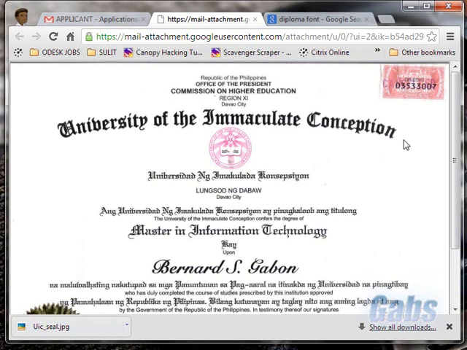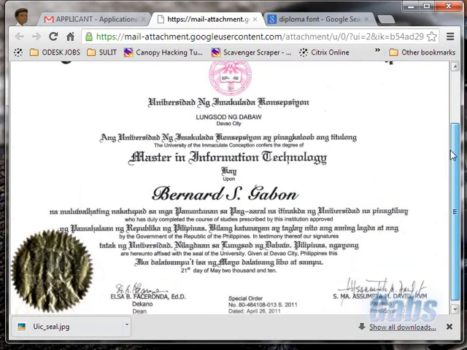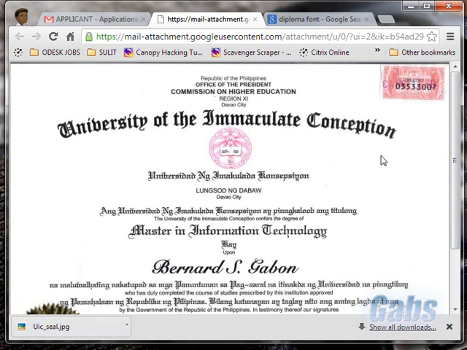This is actually my diploma from when I graduated in my master's study at University of Immaculate Conception in Davao. Okay, so as you can see, this certificate has the following: this header text and this curving text. So this is not the typical straight line text. We'll be working with this one, and I have here the logo